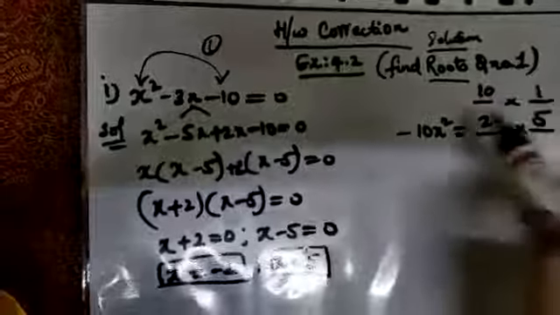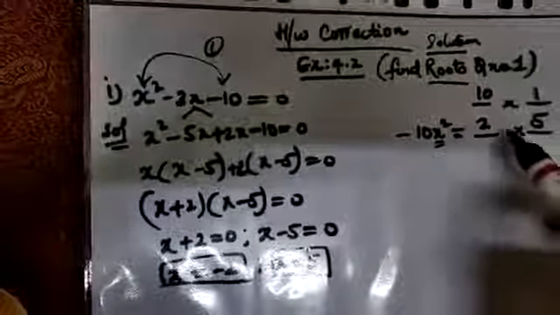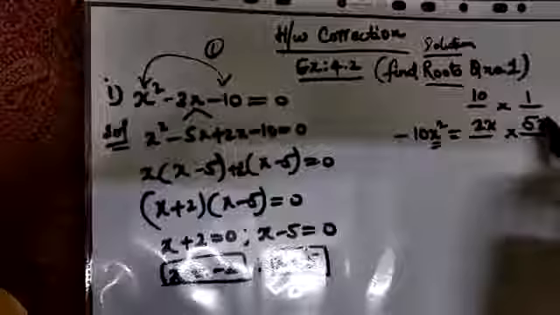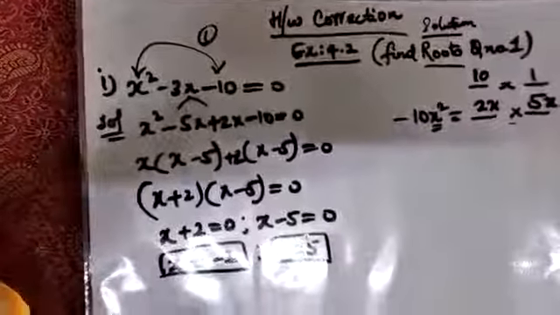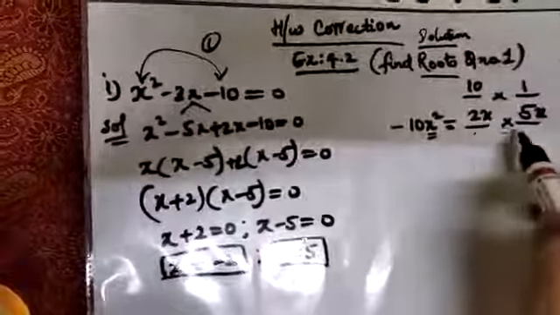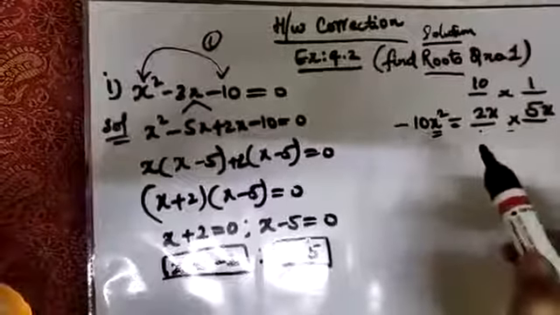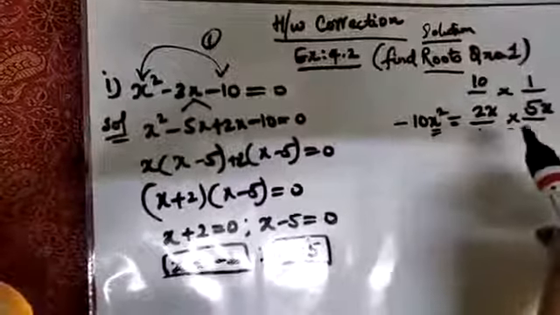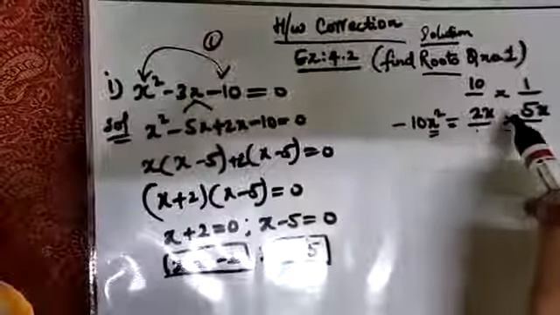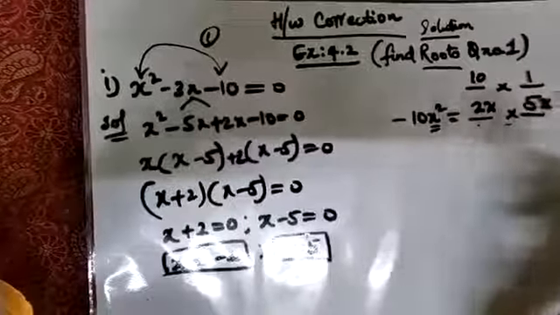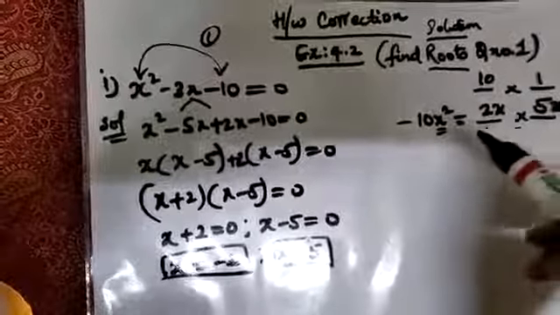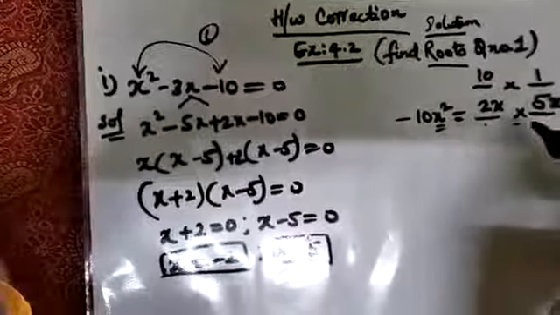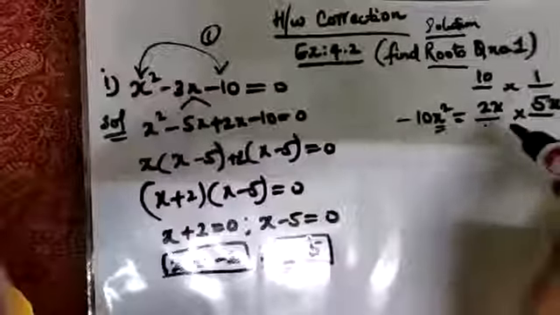Now one part is done. Now try to balance your variable. x power 2 is there, you are multiplying here, so balance both the sides with x. Now here the question is, you are getting plus 10x square but you require minus 10x square. So this minus will come only when you have plus into minus, right, or minus into plus. Now the biggest question is, to whom should you give minus or plus? Should you give to plus 2 or minus 5 or minus 2 or plus 5?